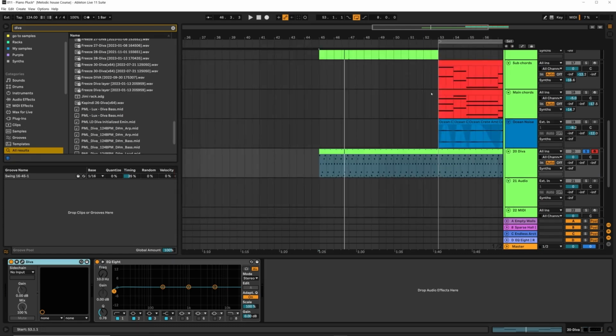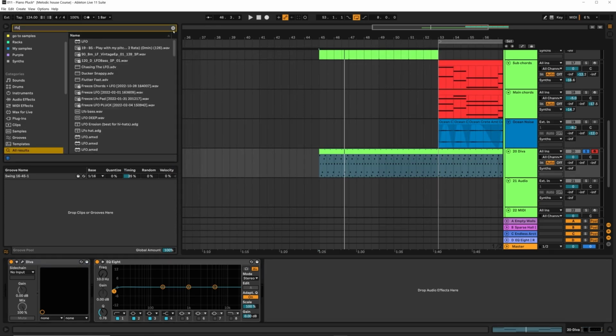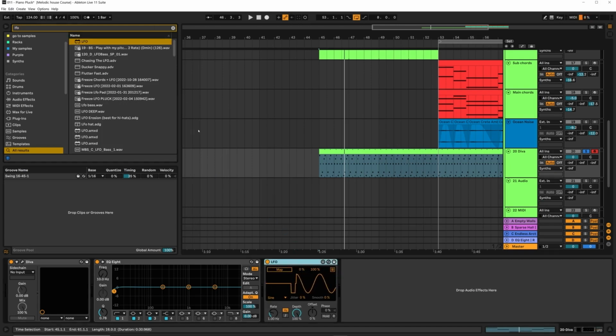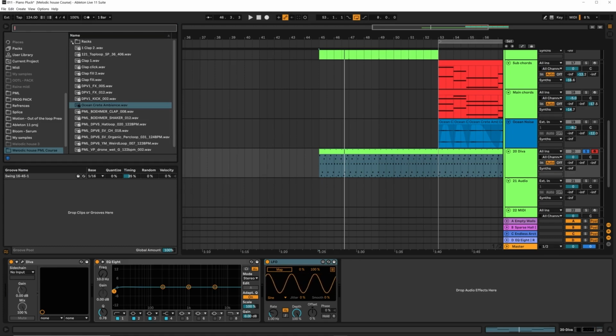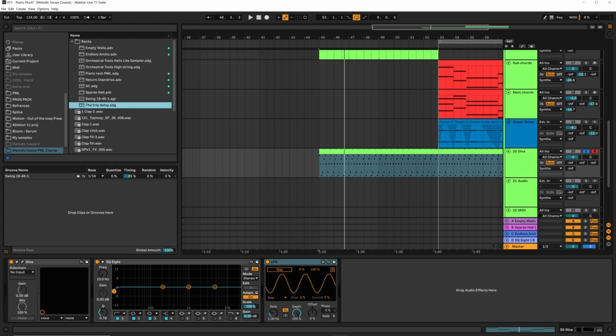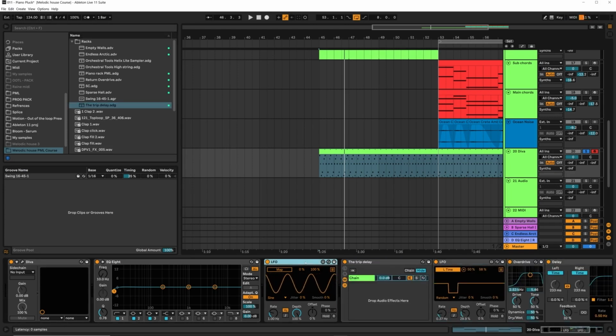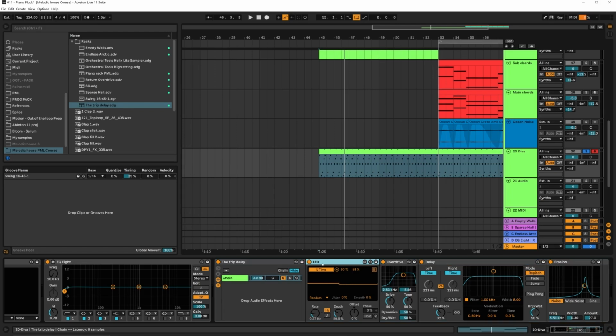Now we need to do a bit of processing. So the first thing we're going to do is put on an LFO. And this is going to be to modulate this delay. I do have a preset rack for what we're about to create, which is quite a useful thing to have for other tracks. It's called this trip delay. We can just load it in. You can see what's going on with it. So basically we have an LFO, which is the Max for Life tool, and it's modulating something. And in this case, it's modulating the timing of